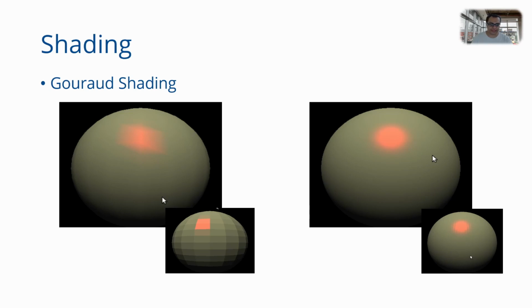Whereas if you increase the tessellation level, then instead of getting the result on the left side, you get the result on the right side. And you can see now that the shape of the specular highlight is way better defined. The reason that is happening is because now you have smaller sized facets on the right hand side. So both faceted shading and Gouraud shading benefit by increased tessellation. But remember, whenever you increase tessellation, you are paying the price of processing more geometry.